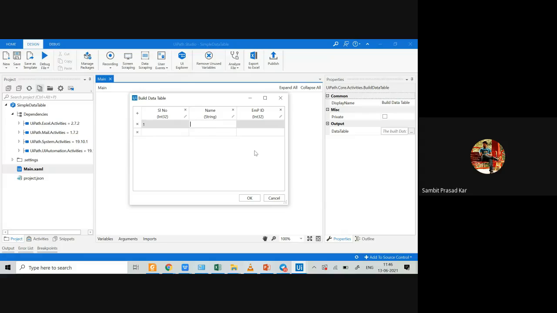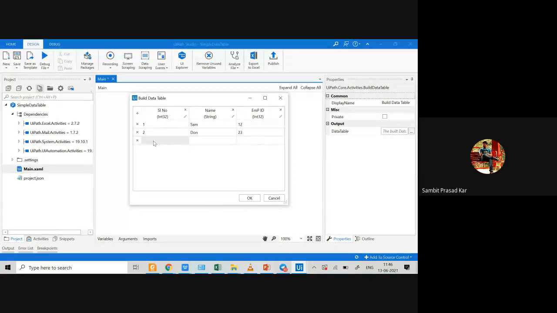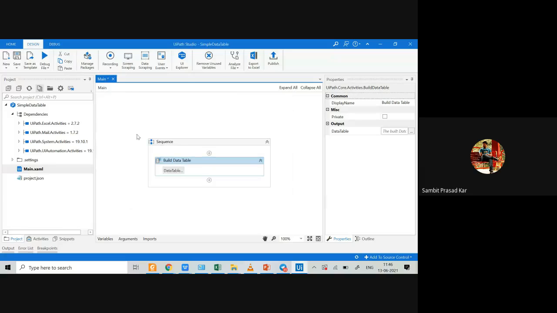So one, two, three. So I've created this data table, right?